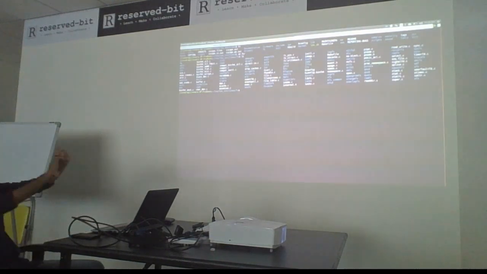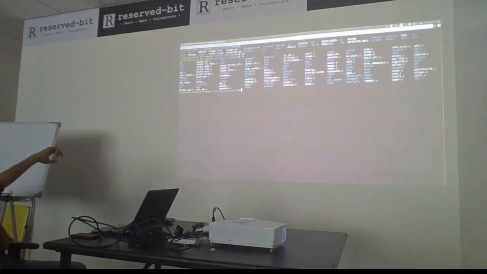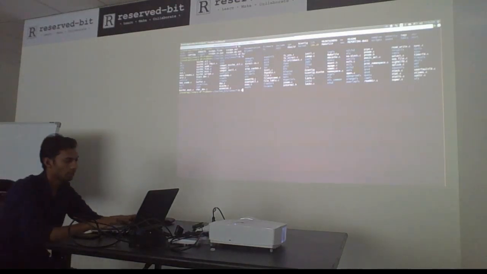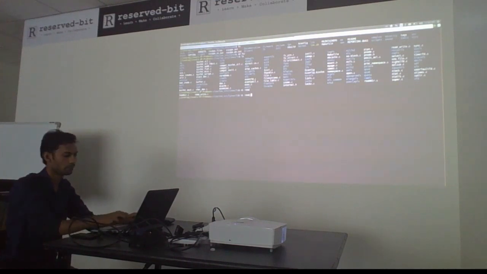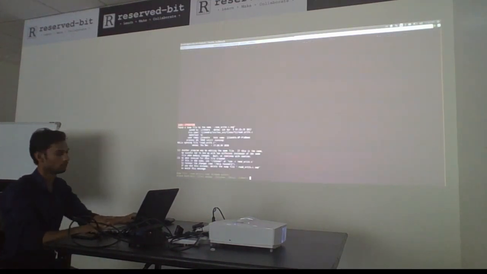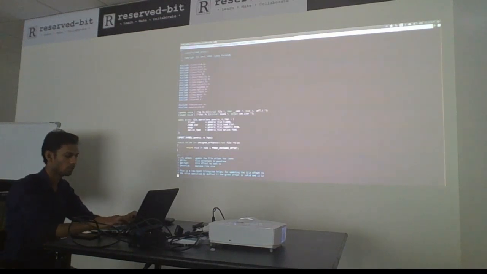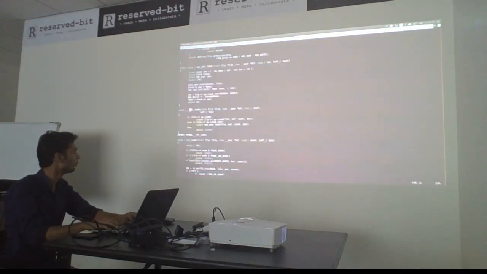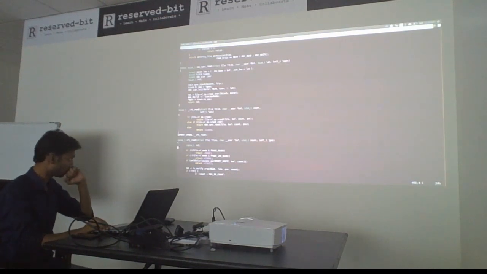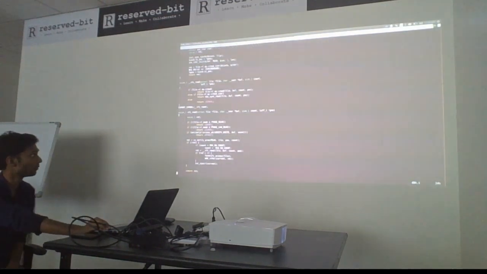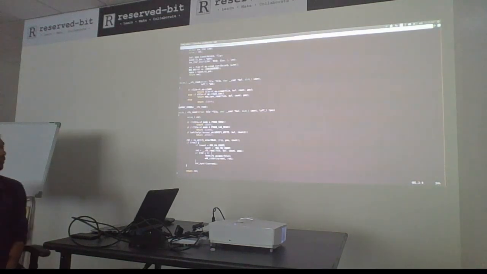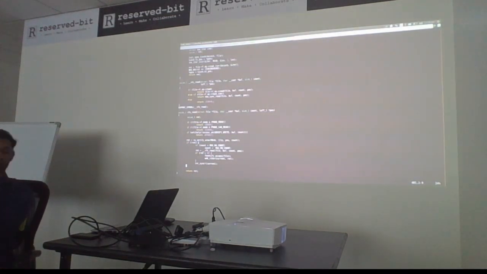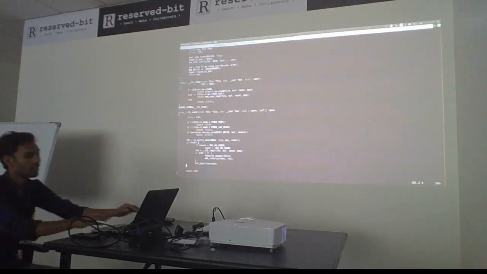So if you see, there are a couple of files in the C source. There are buffer.c and others, mostly for read and write. When you call a read system call, I don't know exactly how it passes from libc to here, but control comes to here, and then after